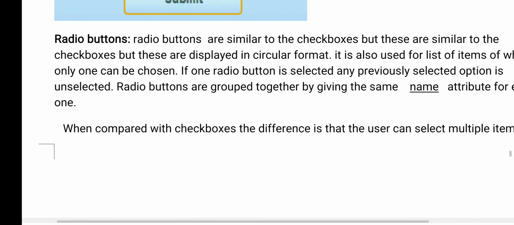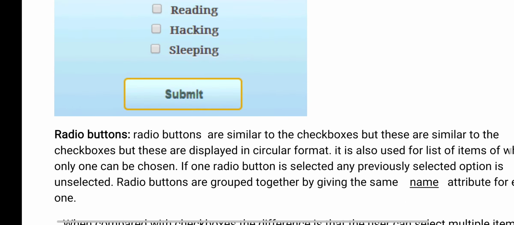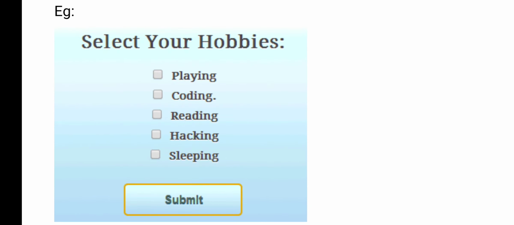Now the radio button. The radio button I have also already explained in the practicals. See, using checkboxes we are giving multiple inputs to the server. Multiple input values the user can give to the server.